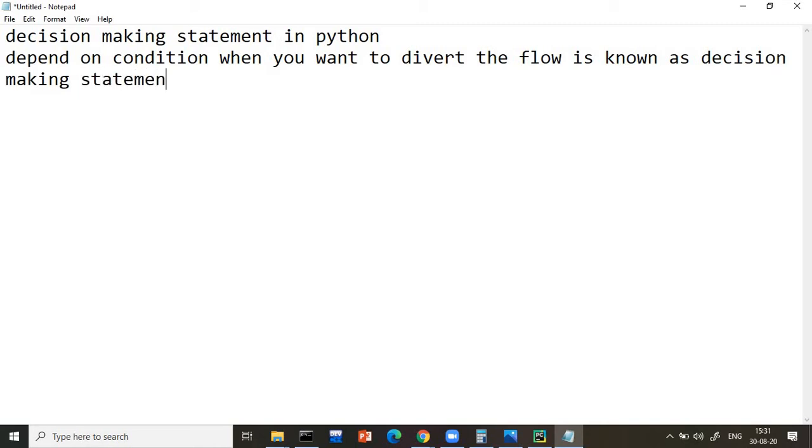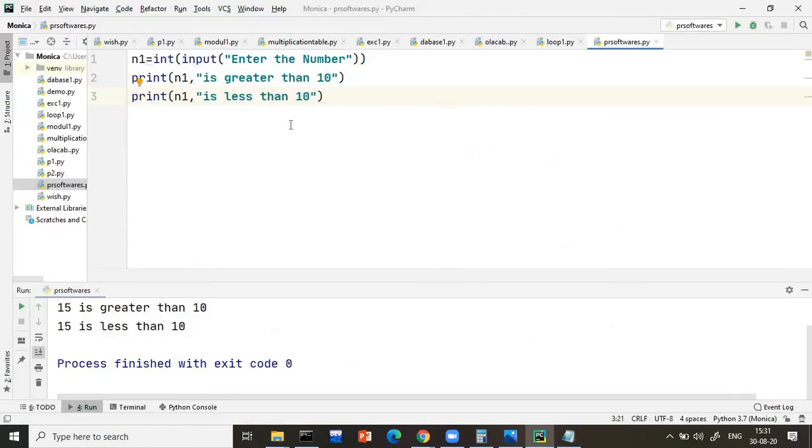So what decision making statements do we have? We have if, if else, nested if, and elif. These are the four things we have in Python. What is the meaning of if? In this we can write multiple conditions.